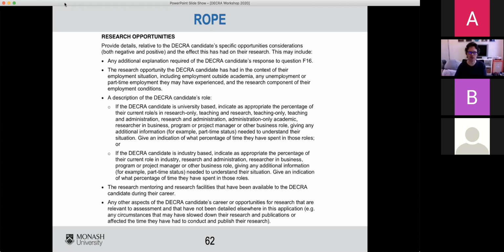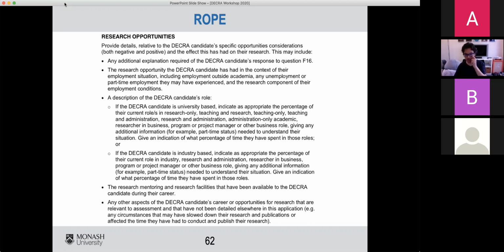I have seen examples of fellowships where the candidates used it as an opportunity to complain that the supervisor was busy and inattentive, and it just didn't come across as helping the candidate. But they rephrased it and then it came across as demonstrating independence, which was cool. And then anything that has impacted you that is relevant and that has not been detailed elsewhere in the application.